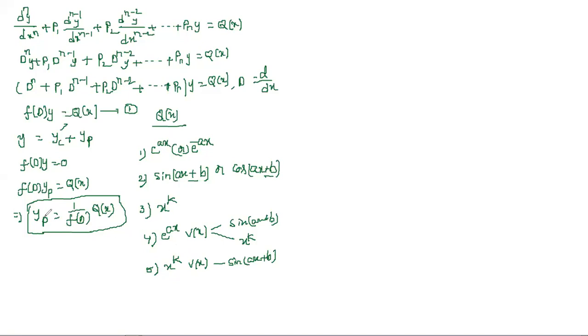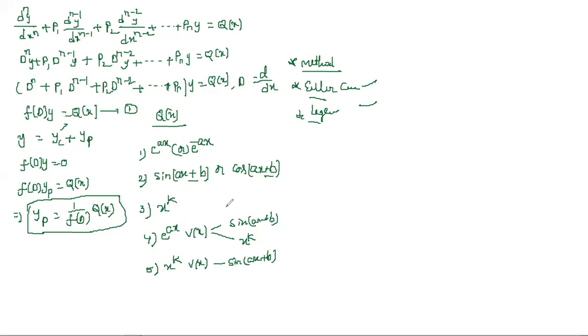After completion of this, we go for the applications. That is the method of variation of parameters. This is one model, application oriented, very important. And next one, Euler-Cauchy linear equations and Legendre's. Here also the same pattern: you need to convert Euler-Cauchy and Legendre's equations into linear differential equations of higher order, and then whichever method is applicable, you need to apply it in both cases. So based on the specific form, we convert into this differential equation, and then apply the same methods, either 1, 2, 3, or 4, 5.